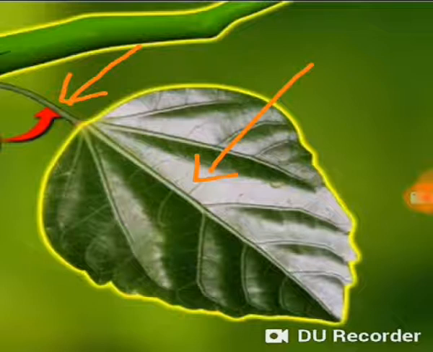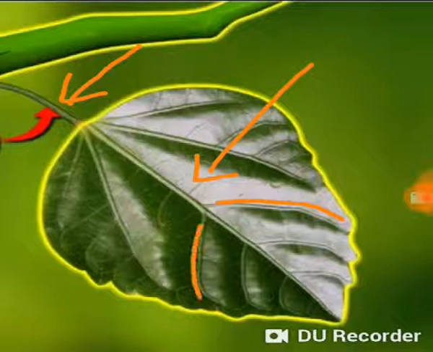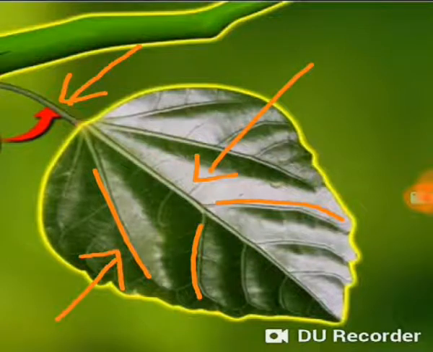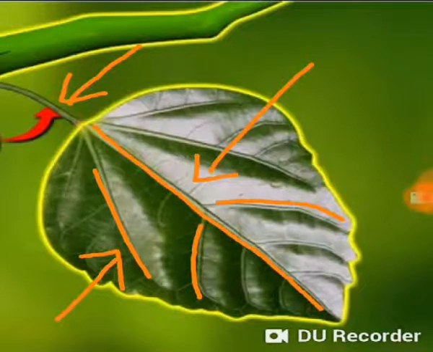Children, if you look carefully, you will observe lines on the leaf blade. These lines on the leaf blade are called veins. There is a thick vein in the middle of the leaf. It is called the midvein. The veins act as a pipeline which carries the water, minerals, and the food up and down the leaves.